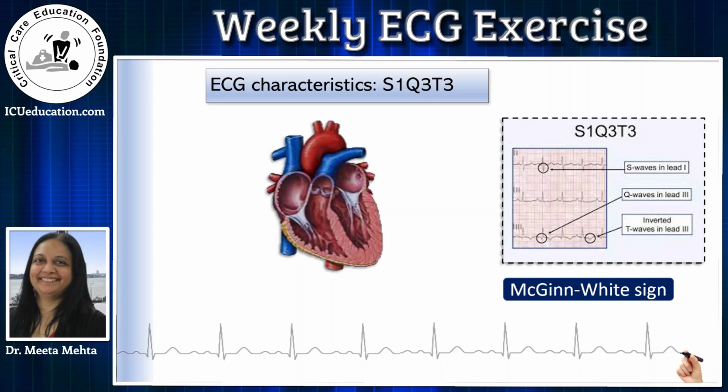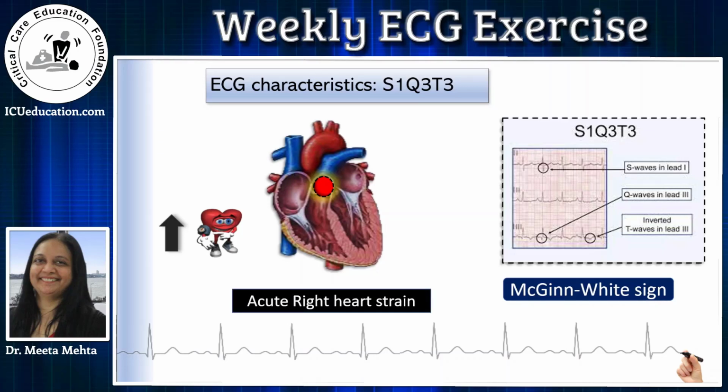If you look at the coronal section of the heart, you can see the pulmonary artery, right atrium, and right ventricle. Now, if I hypothetically say that a clot comes and blocks the pulmonary artery, what do you think will happen to the right side of the heart, especially the right ventricle? There will be an acute increase in the volume and pressure of the right ventricle, and this will eventually cause acute right heart strain. This is what causes the S1Q3T3 pattern. Indirectly, this is acute cor pulmonale.